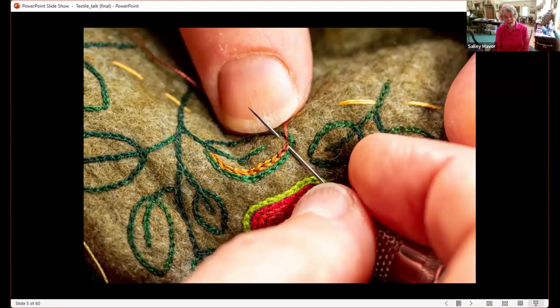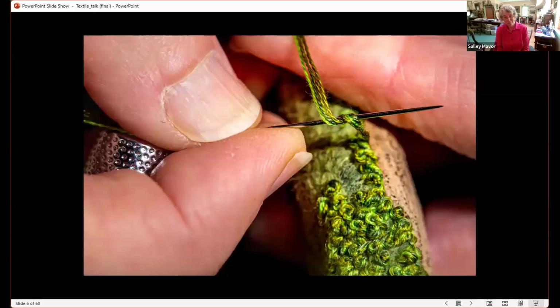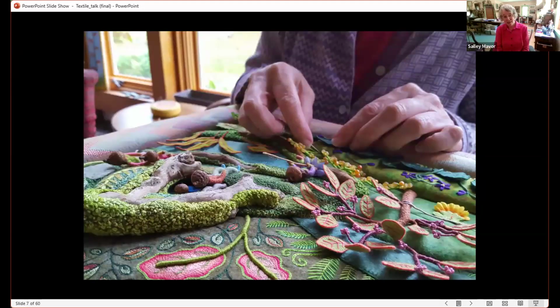I sew on flat surfaces and three-dimensional objects. I create lush, detailed miniature worlds out of a variety of fabrics and materials. And I use hand stitching techniques that I've developed over 50 years.